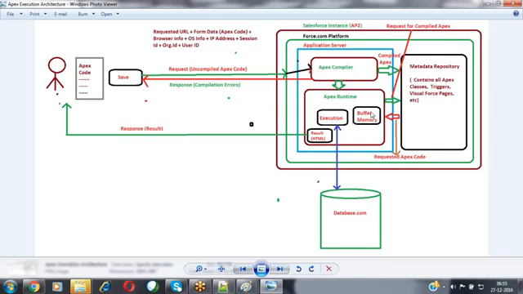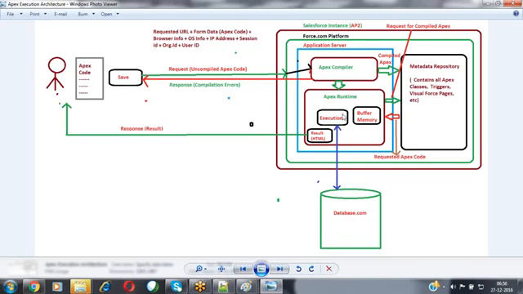Once the code has been stored in the buffer memory, it will execute that code. At the time of execution, it may need to interact with the database to perform some database manipulations. It may need to insert some records, get some records, or modify some records. For that, at the time of execution, it will interact with the database. Once the code has been executed, it generates the result.